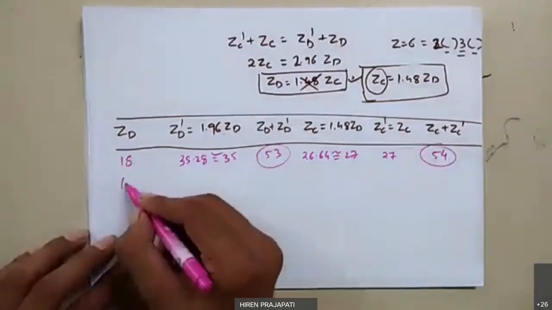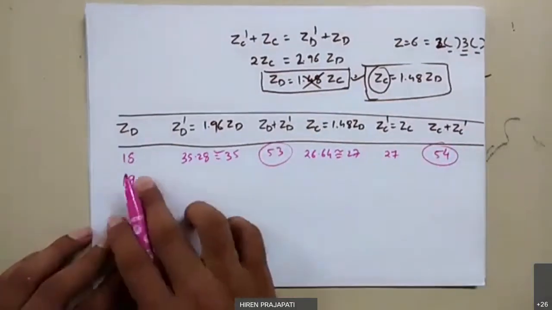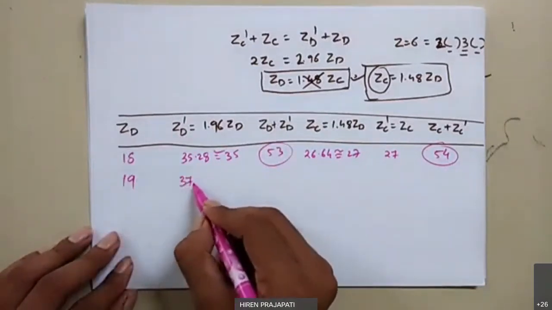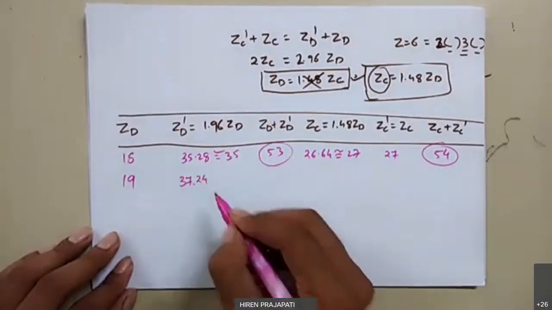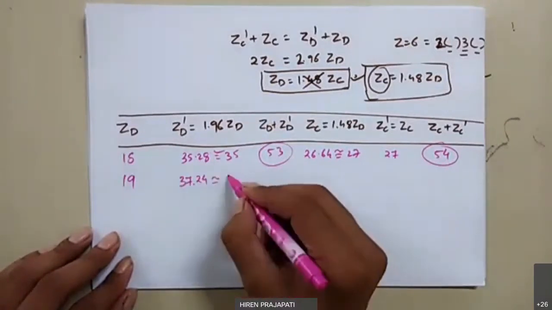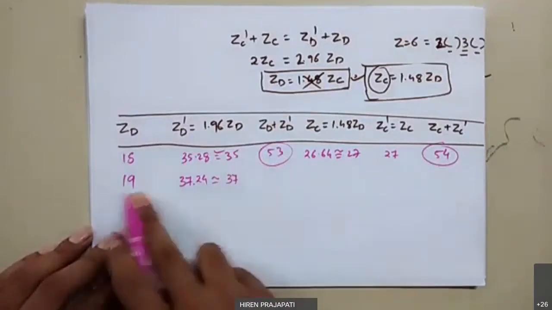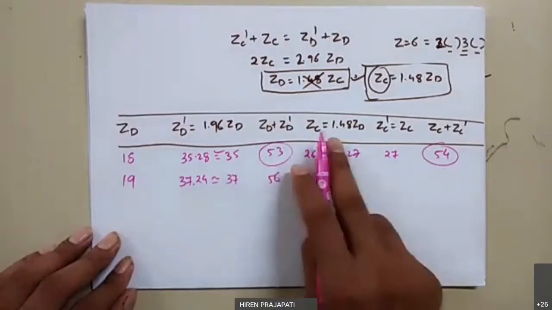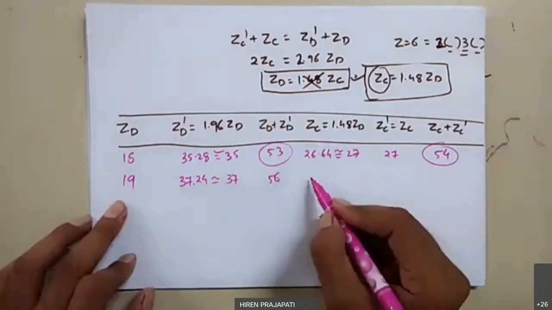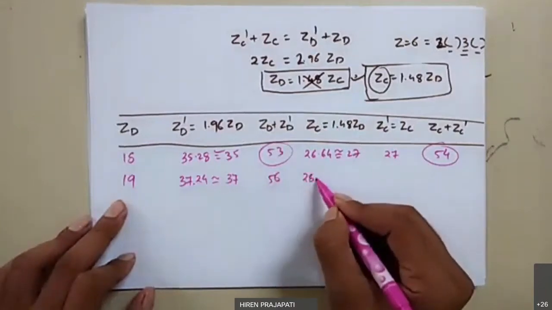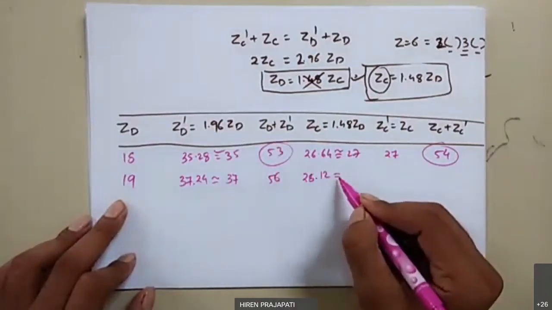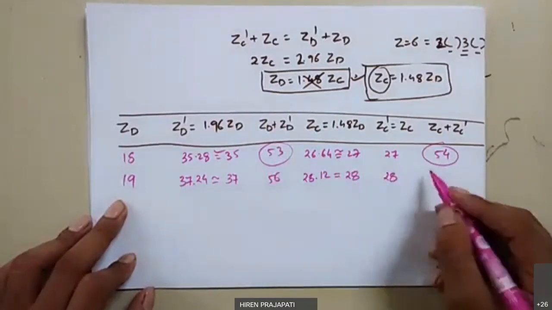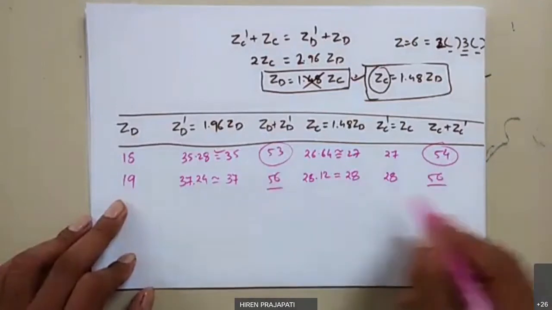So that's why we go for the next assumption with an increment of 1, so 19. Now for 19, if you solve, you again get a fractional value, but you round off and you find that this is 37. Make the total of these two, you get 56. Similarly, solve 1.48 into 19, then we again get the fraction 28.12. Again you round off, you get 28. This is 28, then this is also 28. Total of these two is 56. So yes, we got success.